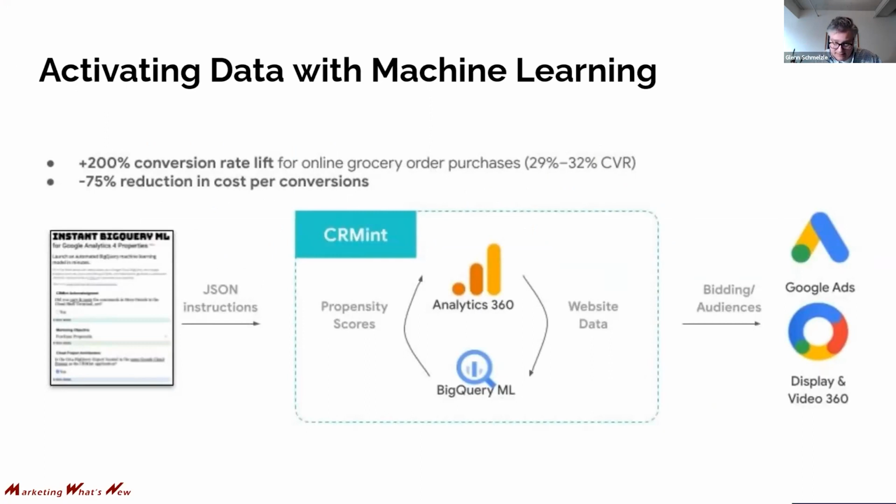And the devices inside of Google Cloud that are used for it, there's one called BigQuery ML. There's another one called Vertex. There are other tools that are semi-Google supported, like CRM Int. These all work to massage the information that we have about our audiences in order to bring them up to the tools where they influence bidding.